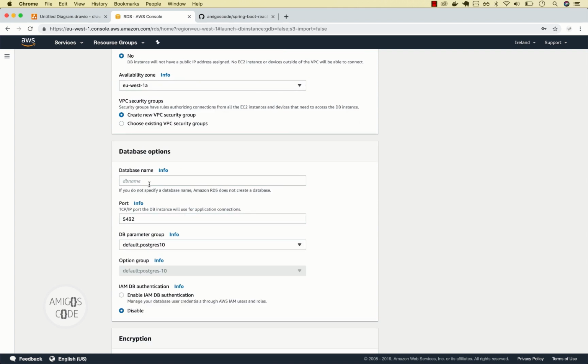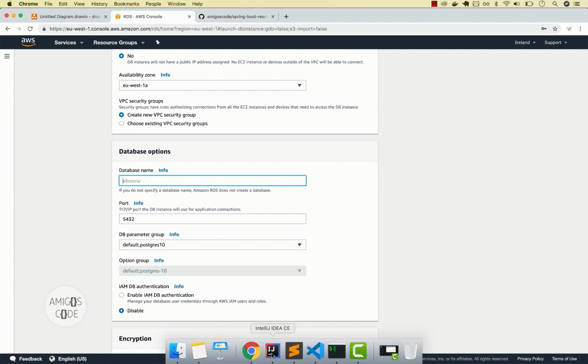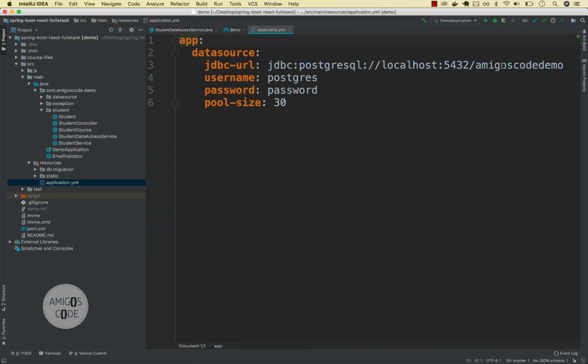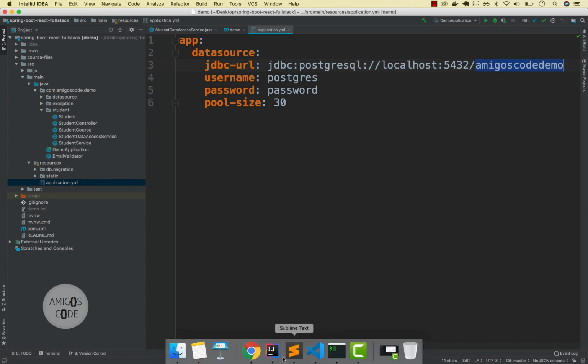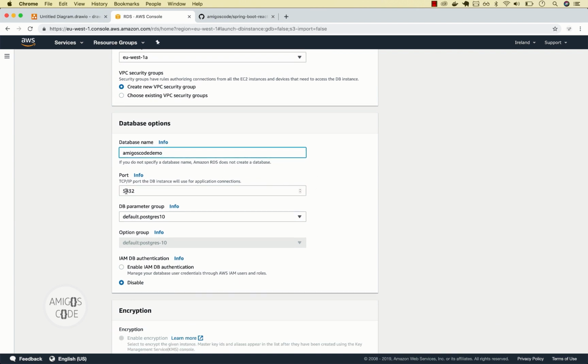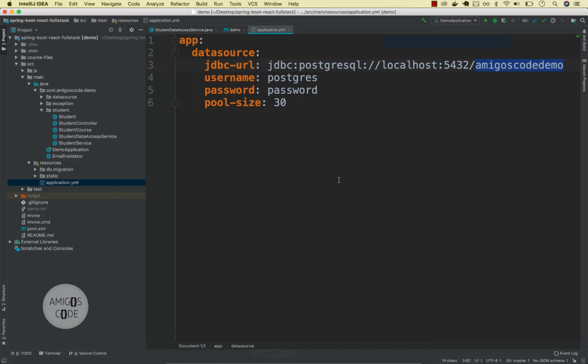Next, go ahead and select a database name. Remember, if I open up resources and then application.yaml, you can see that we already have this database, Amigoscode demo. For you, it might be different. For me, I'm going to create the same database, so let me go back to Amazon and paste that in. And the port, remember 5432, this is the default. If I open up IntelliJ, you can see that this is connecting to 5432. So I'm going to leave this as it is. Next,